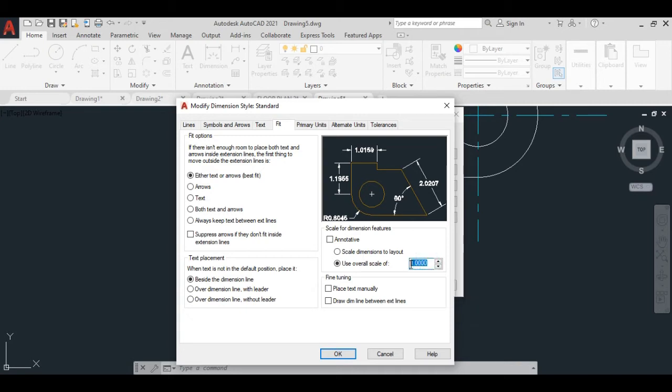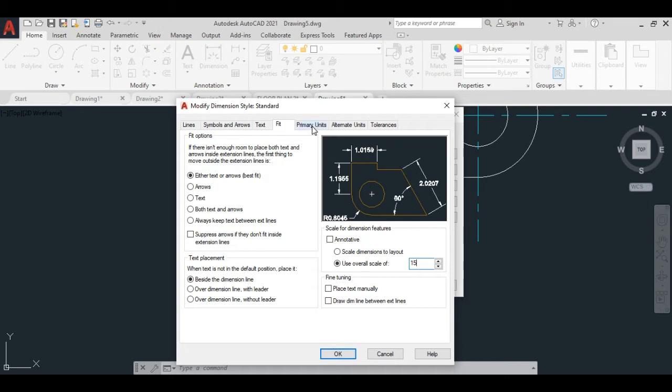So we have to change the scale or the size of the text. You can give any value according to your desire, but I'll give 15 here. So I just press 15, and now we'll do some other settings also.